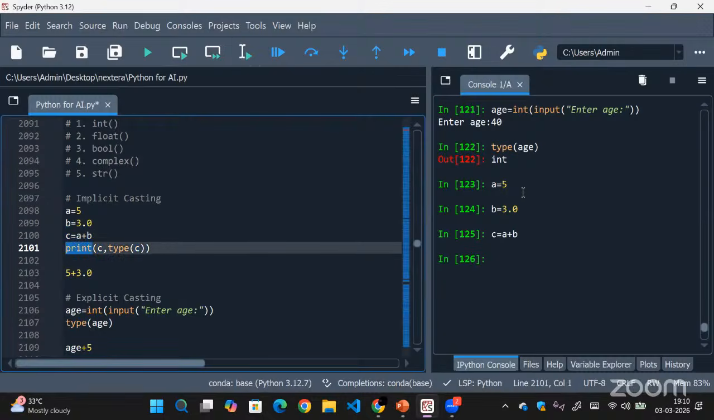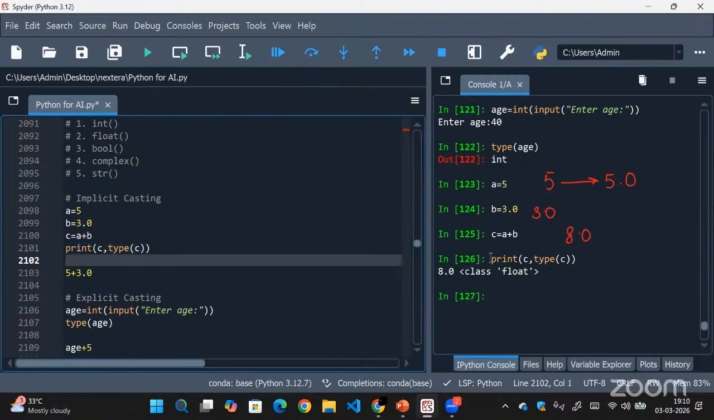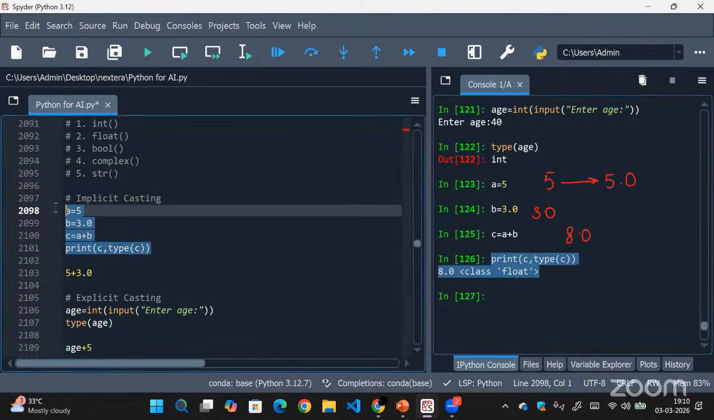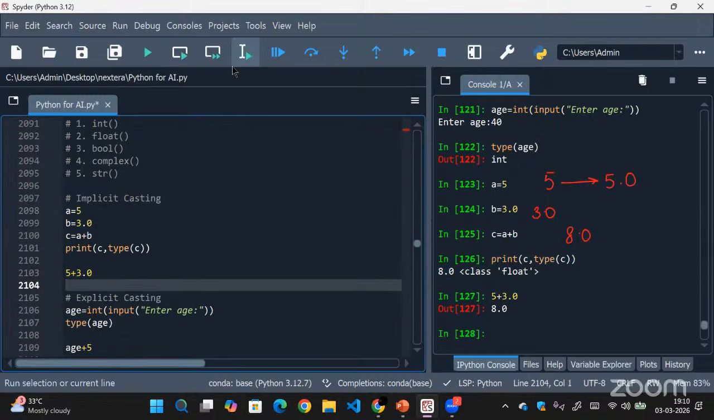So what happens is when I want to add these two different data type values, Python will convert this 5 into 5.0 and then it will add it to 3.0. So output will be 8.0 directly. So there won't be any clash. So this is the implicit typecasting, or implicit casting. So when Python automatically changes the data type, it's called implicit casting. So if you see here, when I do 5 plus 3.0, it directly changes 5 into 5.0